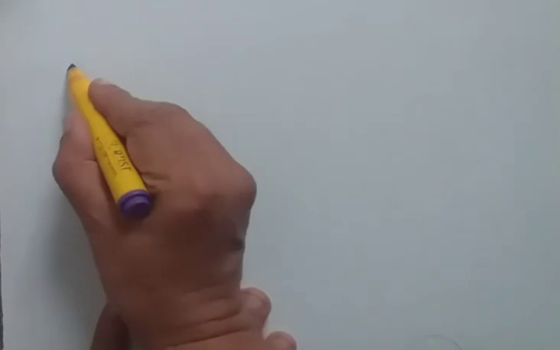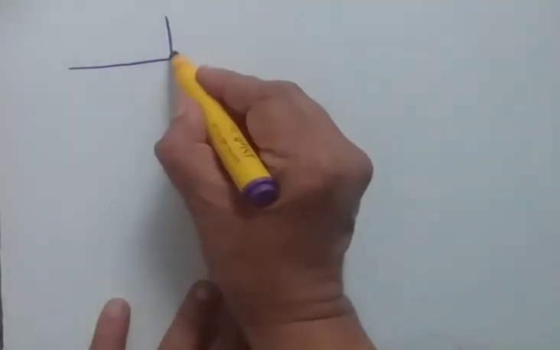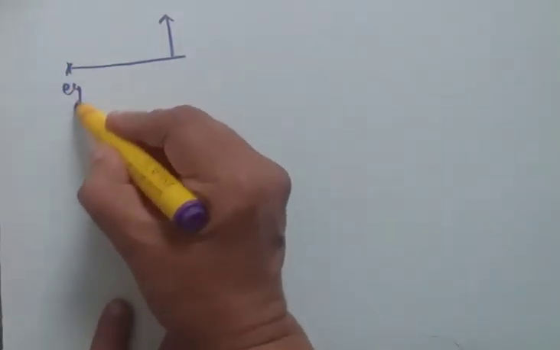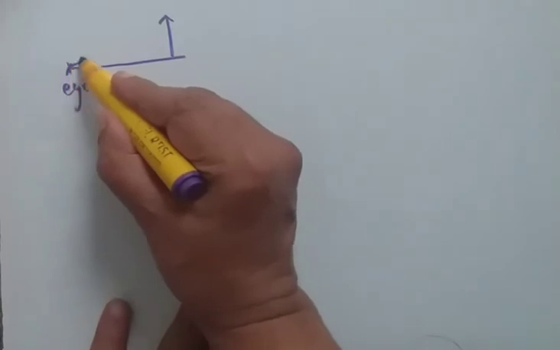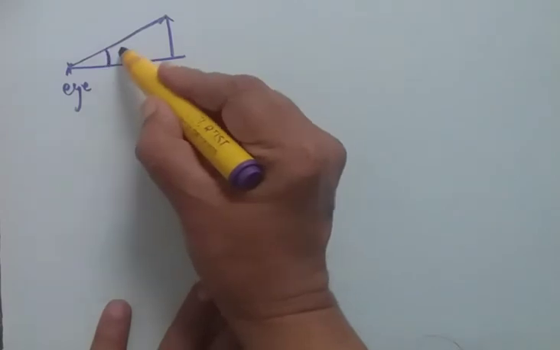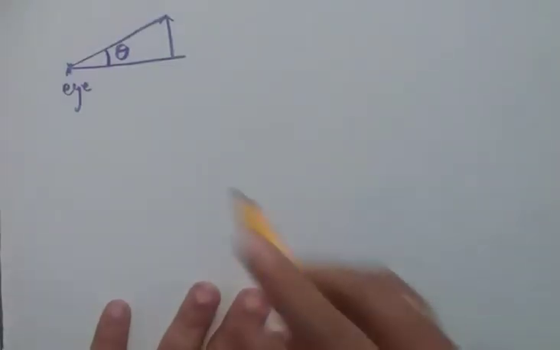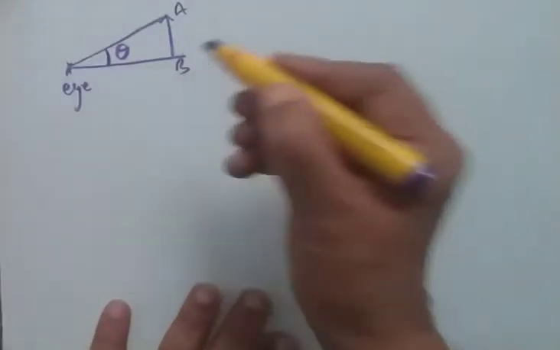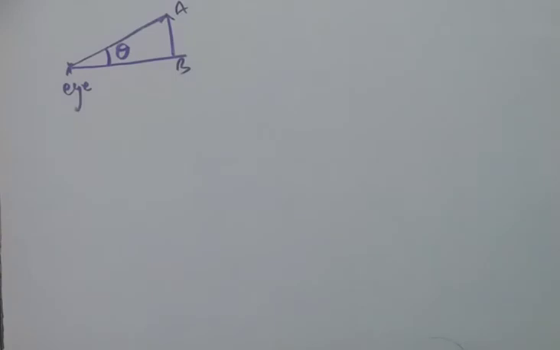Learn optical instruments. Before starting anything with the optical instruments, we learn what is called the angular size of an object. Say we have an object like this, say this is an object AB and we are watching from this point. Say our eye is here. Then the tip of that object to the bottom subtends an angle at our eye. This angle theta is called the angular size of this object, say AB. This is what we mean by angular size of the object.